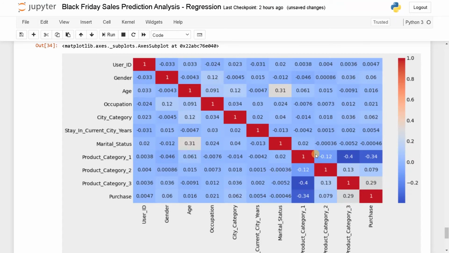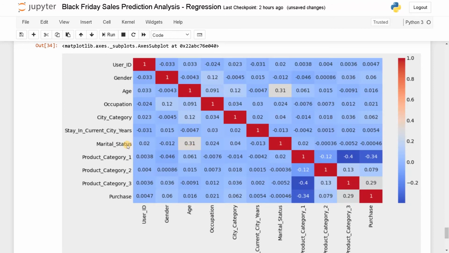Okay, here we can see a change in values. I think the change is much higher here. Product category 1 and purchase are highly correlated, and it is also highly correlated with product category 3. I think both are somewhat similar. And apart from that, we have some positive correlation between marital status and age. I don't know exactly why.